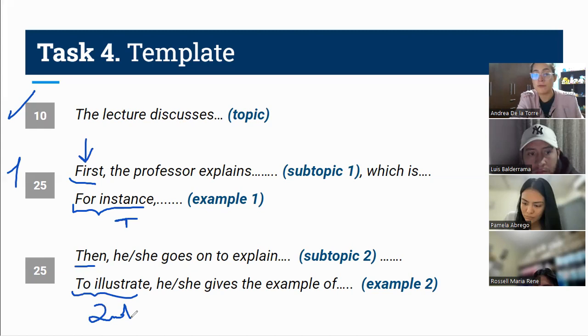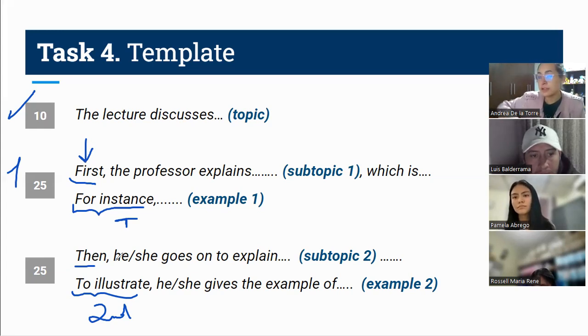So to illustrate, for example, for instance, whatever you want. You need those transitions. Second thing that you guys need is you need to use reporting verbs. What are reporting verbs? Remember that these are not your ideas, right? You don't know any of this. You're just summarizing what the professor said. So you can take the credit. You can just say,